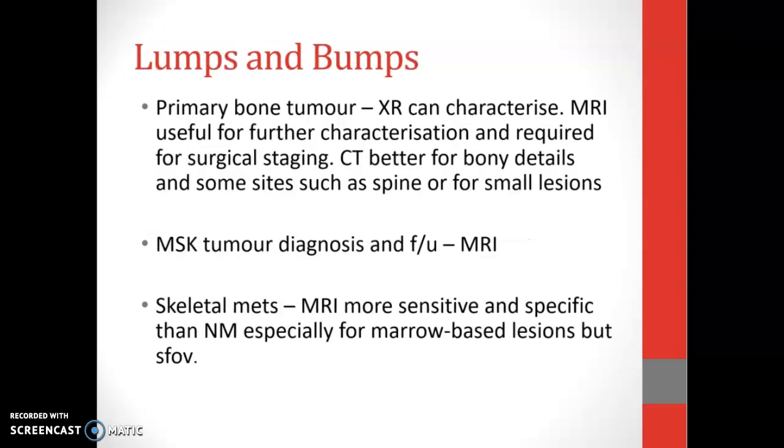So lumps and bumps, primary bone tumours, x-rays can characterise these, but MRI can be useful for further characterisation and thinking about the surgical staging, or thinking about the destruction that's happened within that bone. CT is better for looking at bony detail, such as some of the smaller sites, like spine, if you're looking for smaller lesions. MSK tumour diagnosis and follow-up, you'd be looking at MRI to stage these,